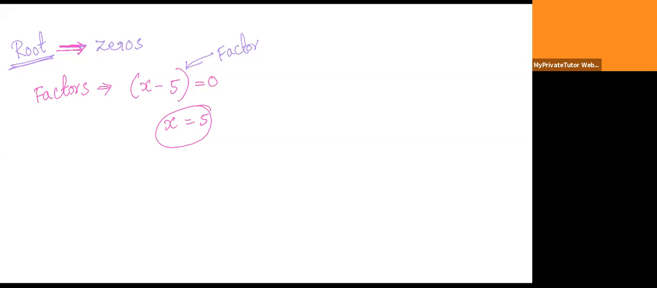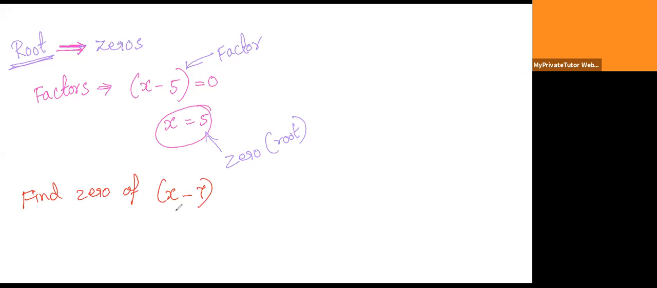See, this is a factor. X minus 5 is the factor, okay? And x equals 5. This 5 is the root. This 5 is the zero or a root. I hope everyone understands. So can anyone tell me, find the root, find the zero of